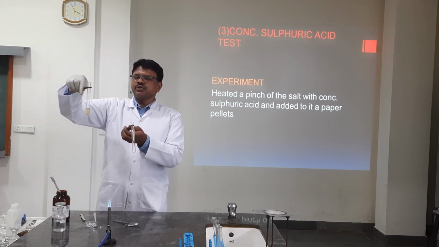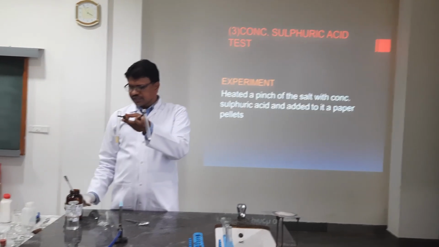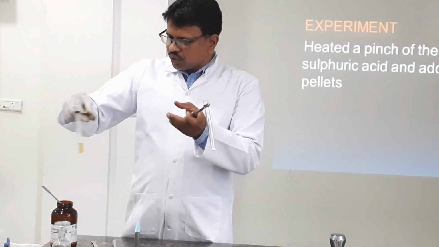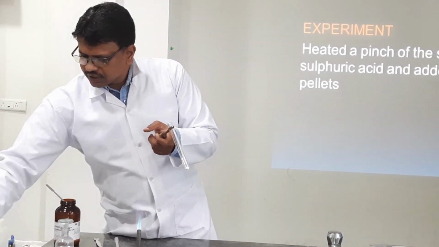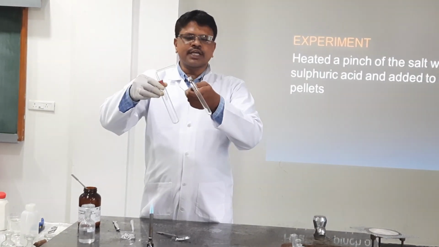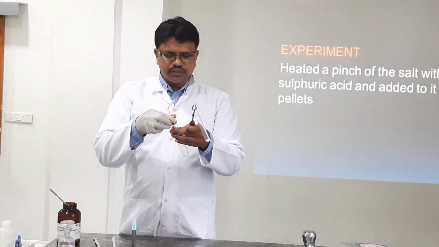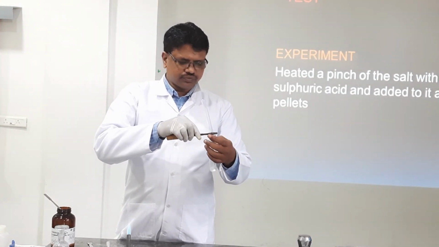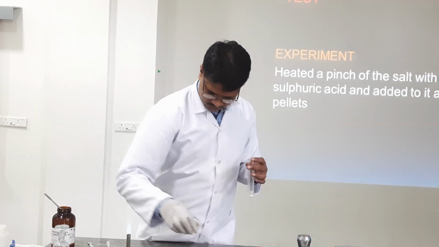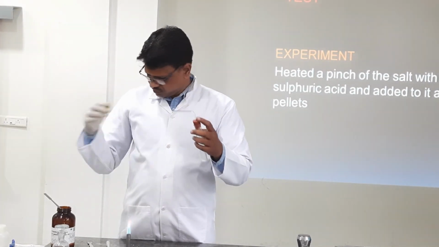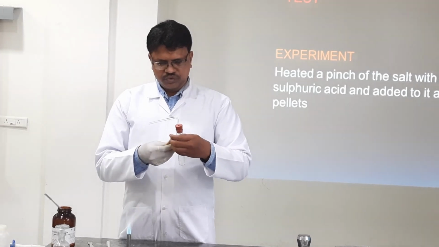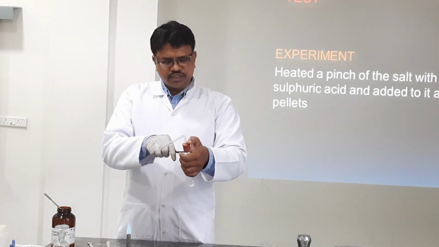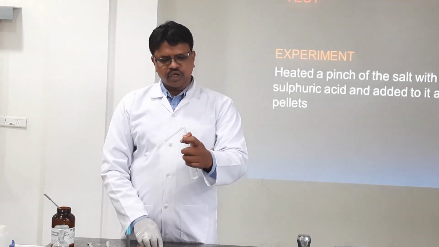This is ferrous sulfate solution, which is prepared freshly from this ferrous sulfate salt. Okay. Now I am going to transfer this salt into a boiling test tube rather than a test tube, to observe the release of gases. Here there is a cork with a delivery tube. So one hole cork is there. To this I should add conc. H2SO4 first.